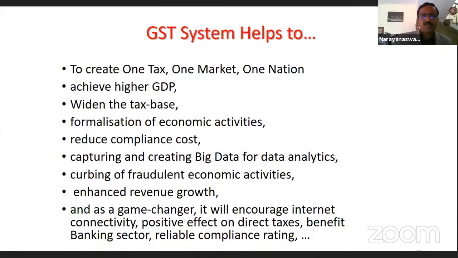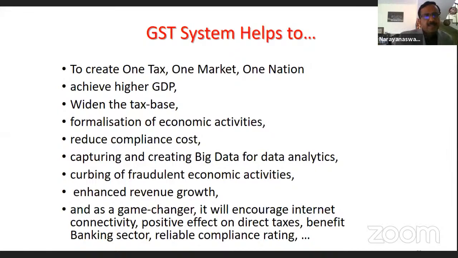Somebody was asking why it is called one tax, whereas we have customs, state excise, income tax, and all that. I want to convey to you that it is one tax practically on the goods and services. For example, if you say Kerala is a 100% literate state, it doesn't mean that everyone in Kerala is able to read and write. There will be a small portion of them who are not. The same analogy has to be applied here.